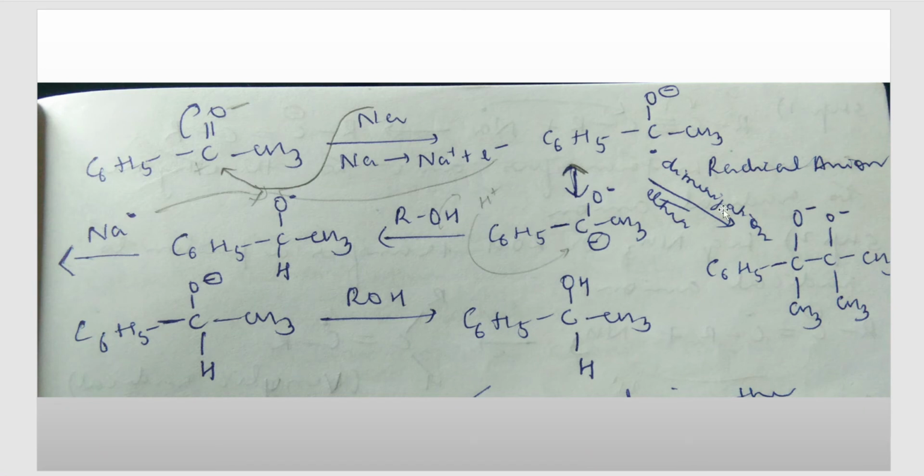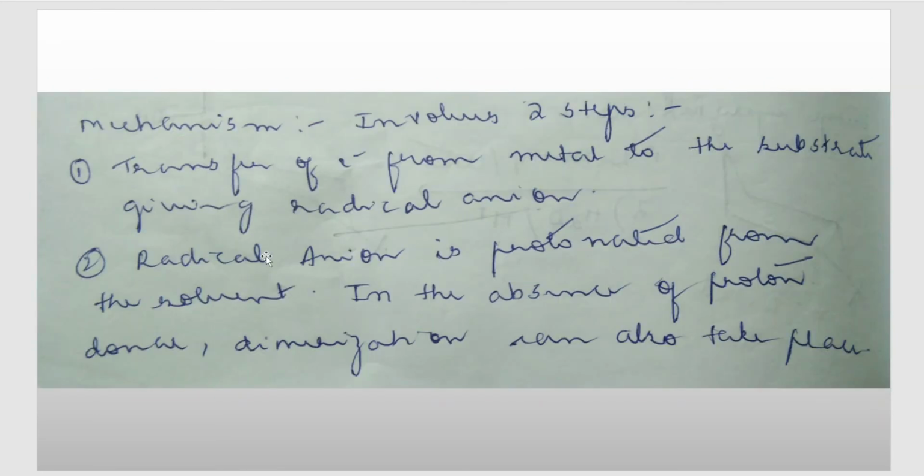Now if we do it in the presence of a protic solvent, what happens? This structure can also exist in another form, that is, this minus charge can be on carbon and this dot can be on oxygen. So this structure can exist in this form also. When it exists in this form, the minus sign will come on the carbon and the dot, that is an odd electron, will go to the oxygen. Okay, and next, what is the next step, students?